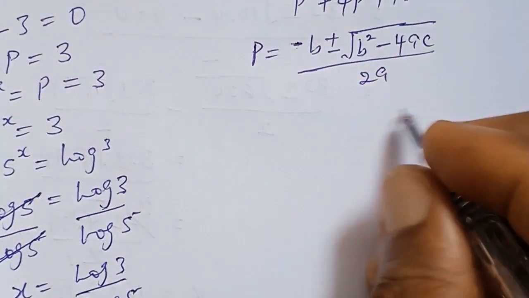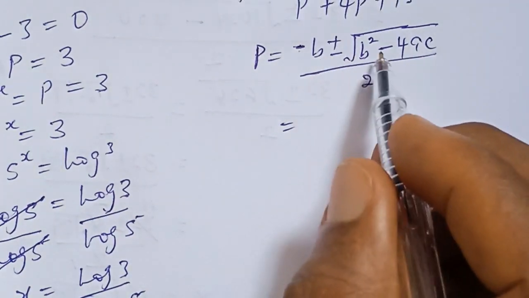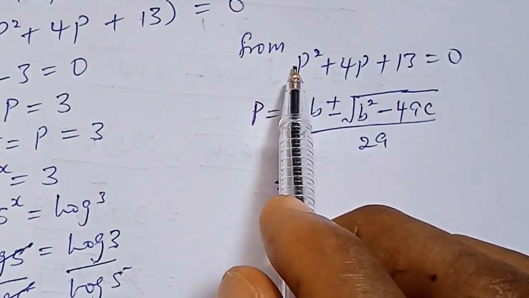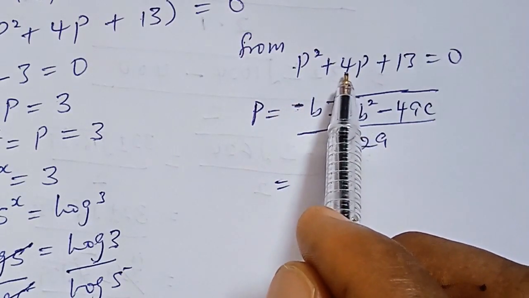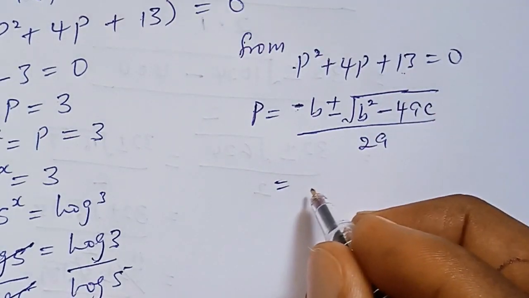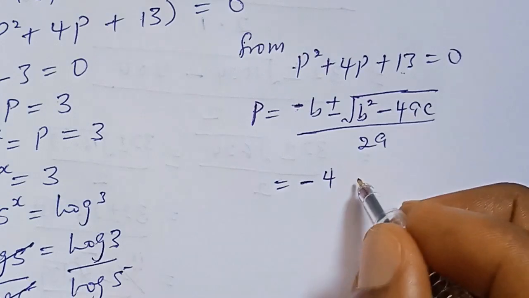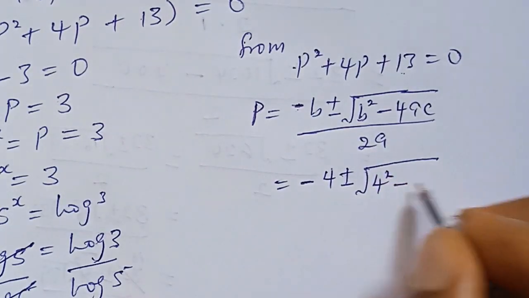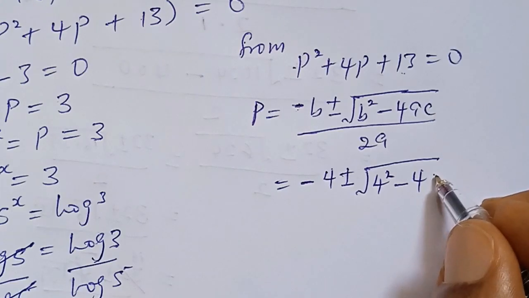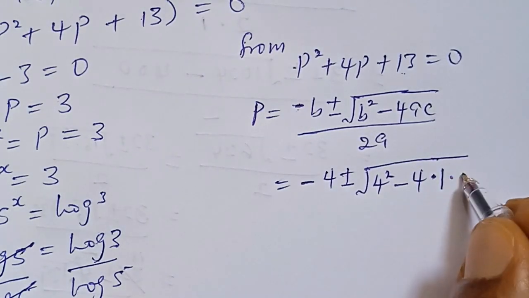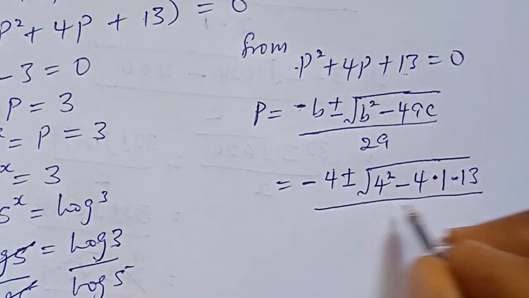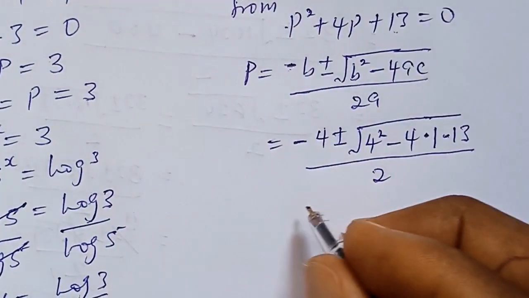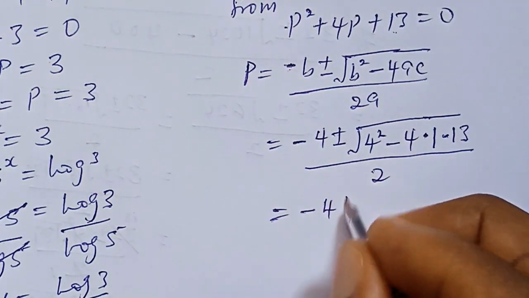So we slot in our values, b, a, and c, from this equation. Our a is the coefficient of p squared, b is the coefficient of p, which is 4, and c is the constant. Now we have minus 4 plus or minus the square root of 4 squared minus 4 multiplied by 1, then multiplied by 13, over 2 multiplied by 1, which is 2. So from here, this will be given as minus 4 plus or minus